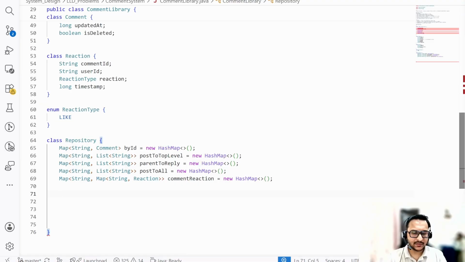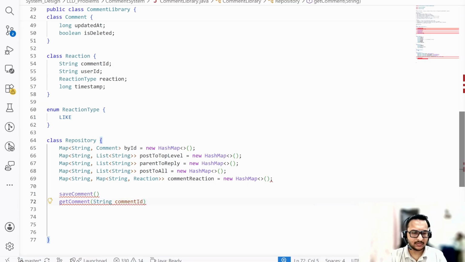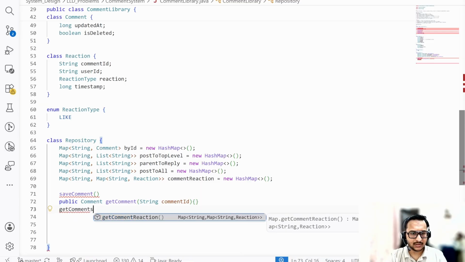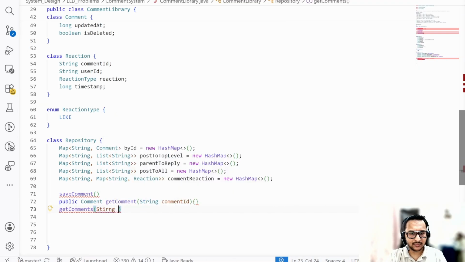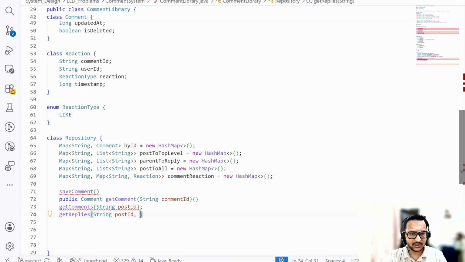And the repository will have save comment, get comment, which will take a comment ID and return a comment, then get comments, which will take a post ID, and then get replies, which will take a string post ID